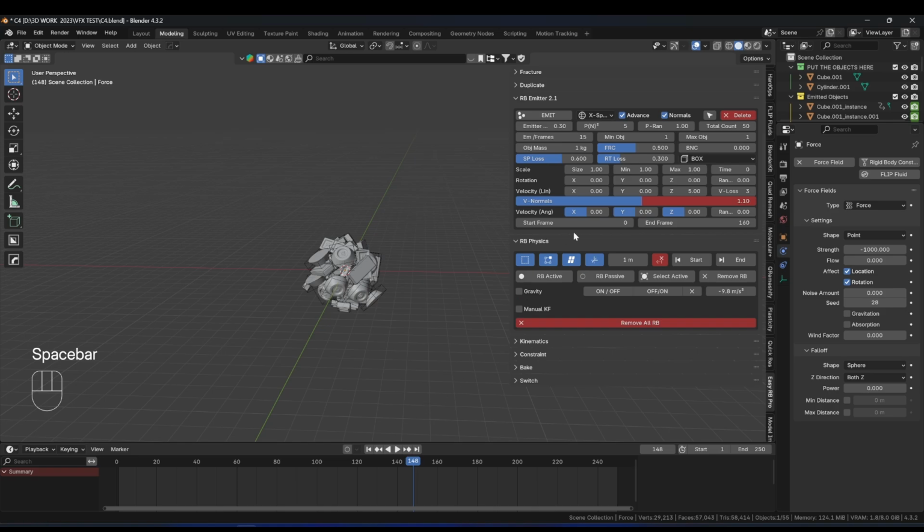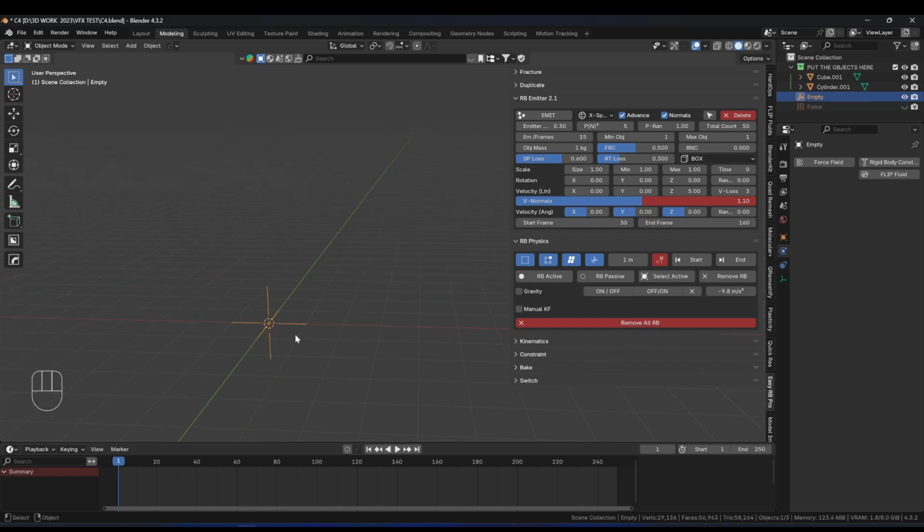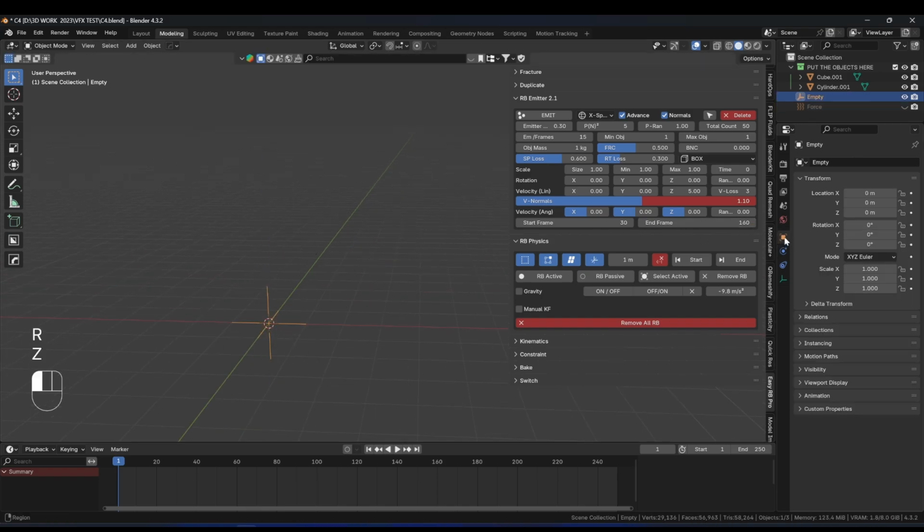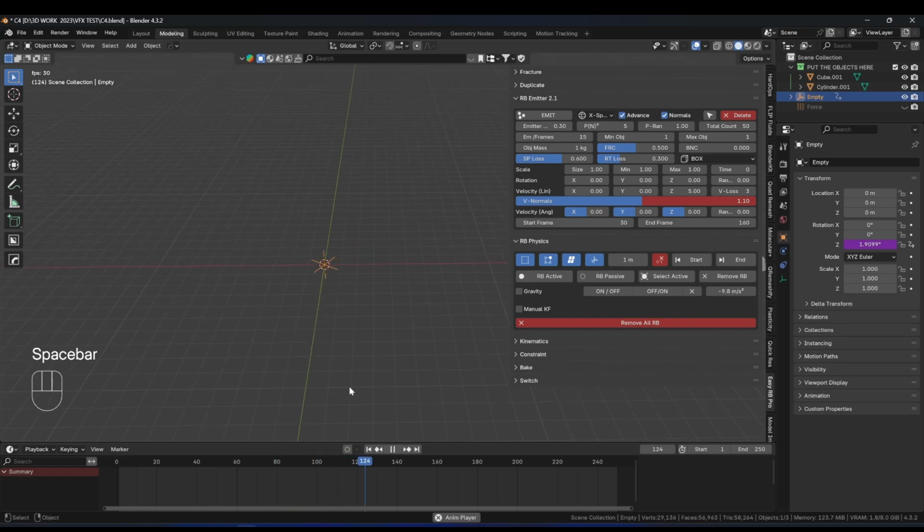and that's very nice. Now let's delete this emission, and let's start the emission from frame 30. Okay, and let's maybe select our empty, and we have to make it rotate to give us a more random effect. Okay, so let's give it a driver in the z-axis. Let's type hashtag frame/30, and as you see, our empty will rotate like this, and this will give us a more random effect, and that's what we are looking for. Let's emit